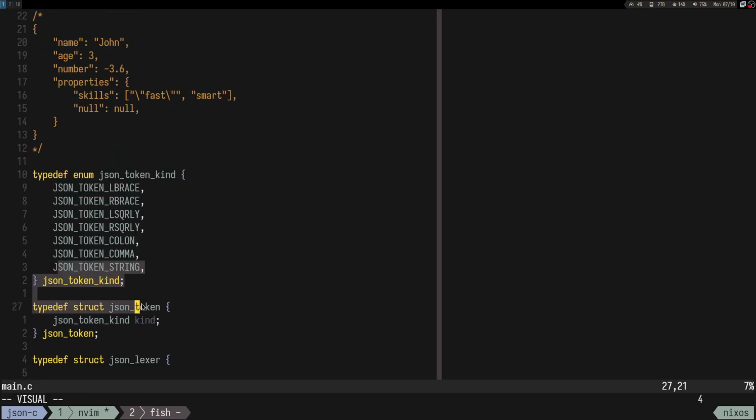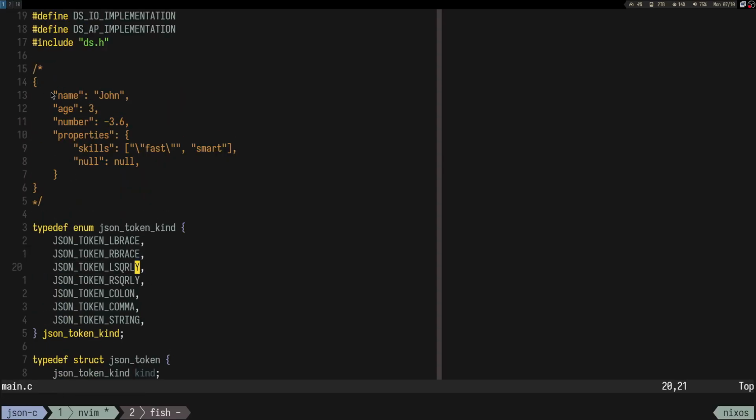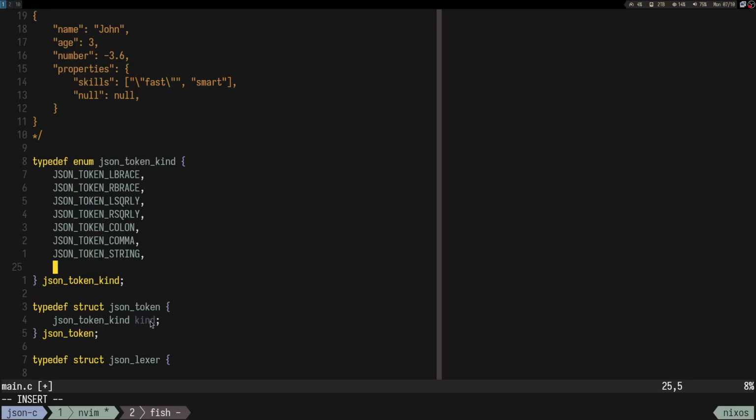But for strings, we are not gonna split, the quotation won't be a separate token. The entire string will be a token because we can have these weird escaped strings, right? So if we think about these, we want this entire thing to be a token. That's gonna be the interesting part. Okay, then we have